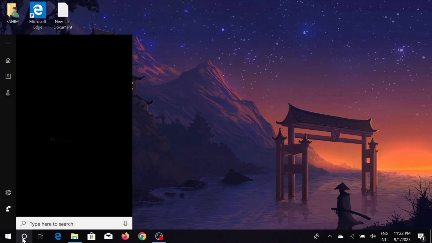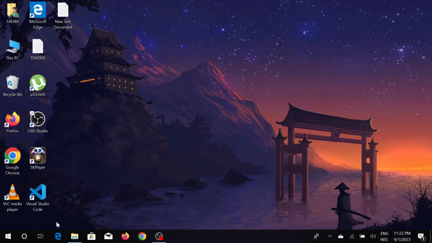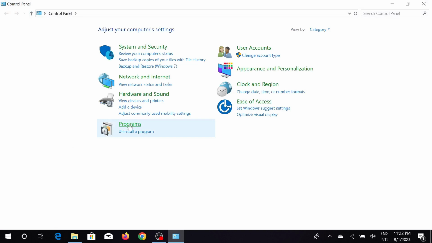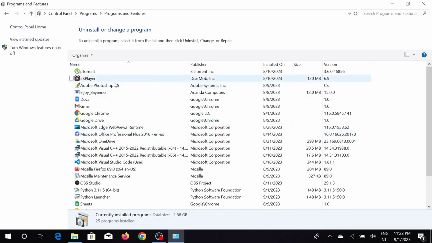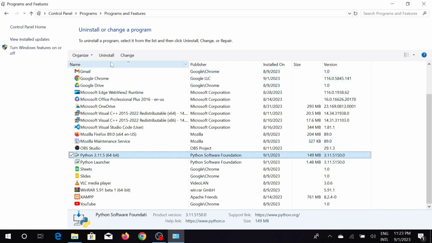First of all, go to your search button here. Now on the search button, type control panel, click that option, and here you can see program and uninstall a program. Just click that uninstall a program option, and now scroll down, you can see Python and Python launcher. First of all, click here and now click this uninstall option